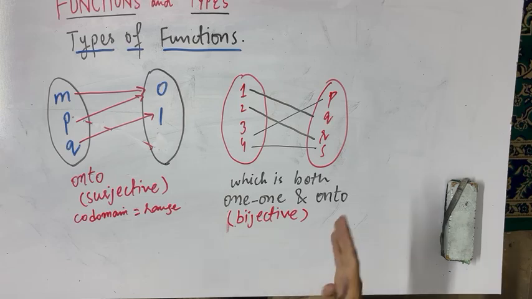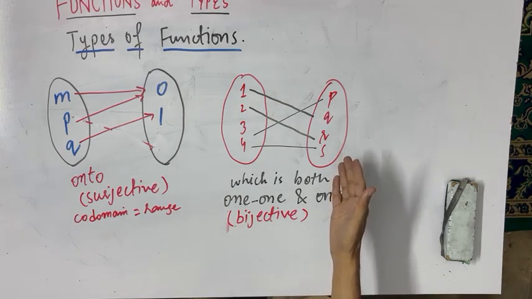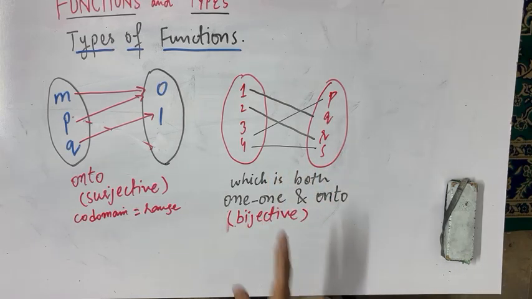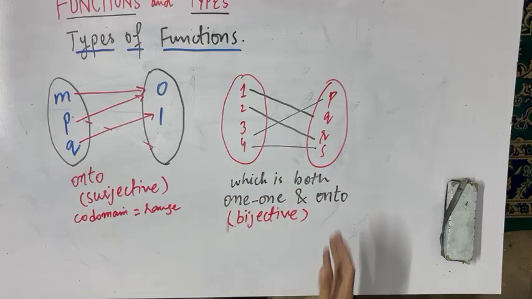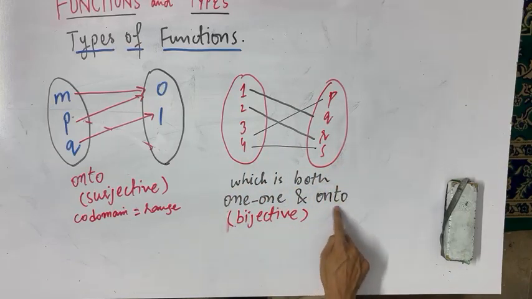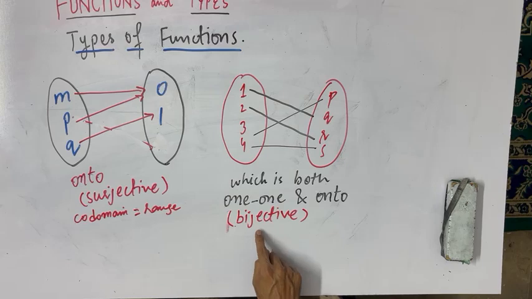If something is left over here, it is called only a 1-1 function, where every input has a unique output. But if something is left over here, that will not be counted as onto, so it will not be counted as bijective. So these are the types of functions, and in